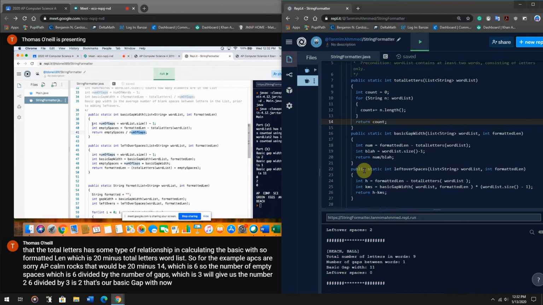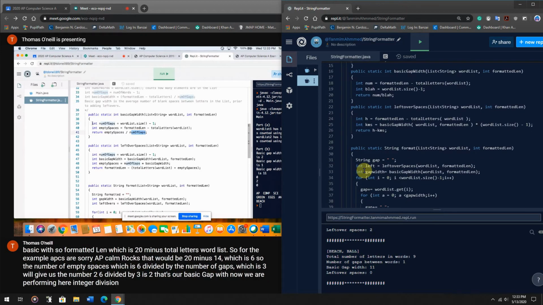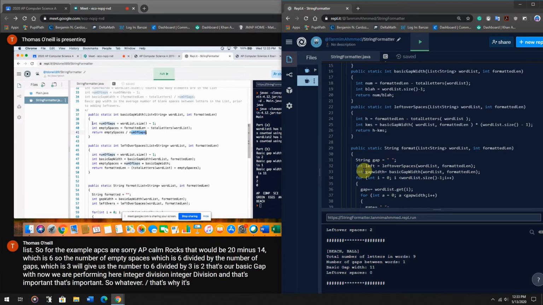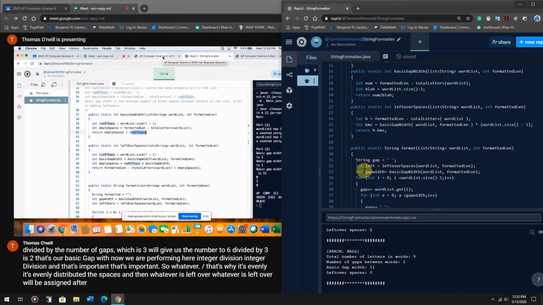Now, we are performing integer division here, and that's important. So that's why the spaces are evenly distributed, and then whatever's left over will be assigned after the fact, after the basic gap widths are